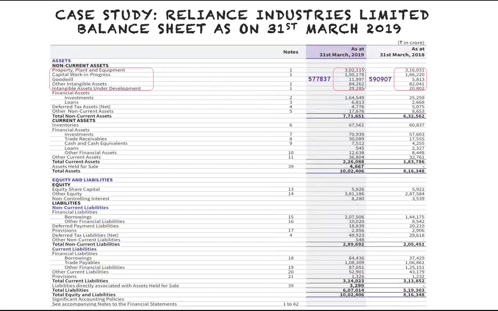The next item that we will see is inventories. It shows a growth of 11% from 60,000 crore to 67,000 crore, but that's not the correct way of seeing inventory. We always see inventory as days to sales. So in the last balance sheet it was 54 days, and in this balance sheet it is 42 days to sales. That's a drop of 12 days. How do you work that out? Divide the inventory value by the sales value, multiplied by 365. There's an improvement.